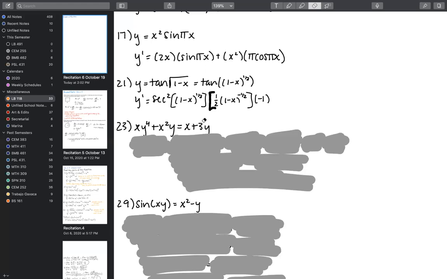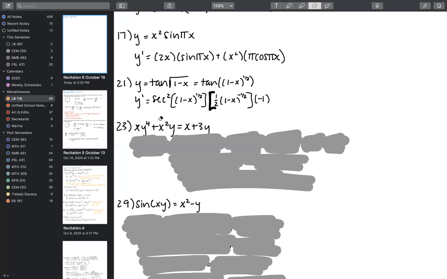And also bear in mind that this could be equal to 0 or it could be equal to 1. It doesn't necessarily have to have x's and y's on both sides of the equal sign, but be able to identify that this is implicit differentiation without being told explicitly that you need to use implicit differentiation to find this derivative. That being said, you will be told to find a derivative. He's not just going to throw an equation up there and have you guess how to finish the problem. But if he says find y prime and you're given this mix of variables, then you should infer that it's going to be an implicit differentiation problem.